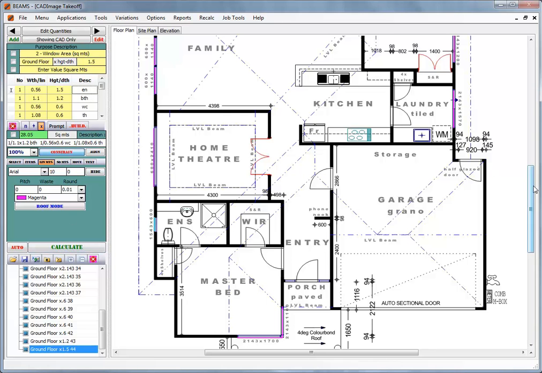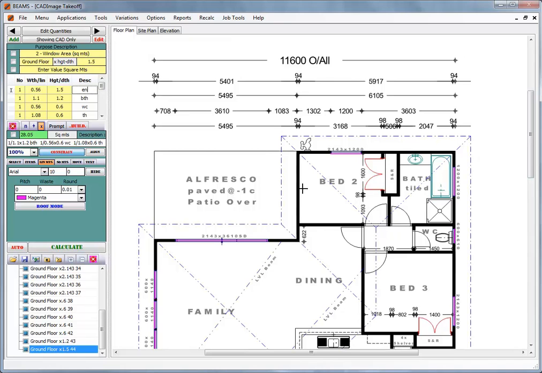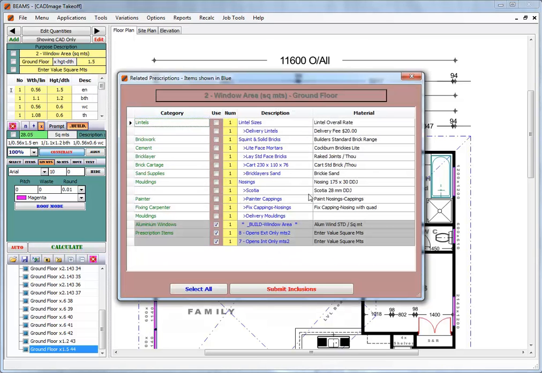That's about all the windows. These are all the available selections as before. Lintels, nosings,